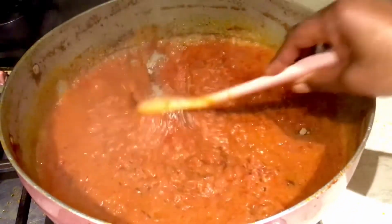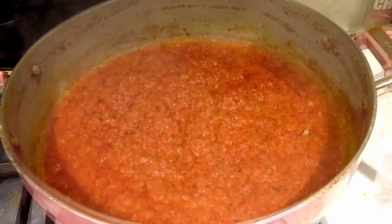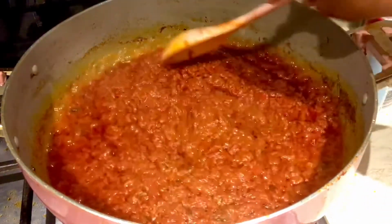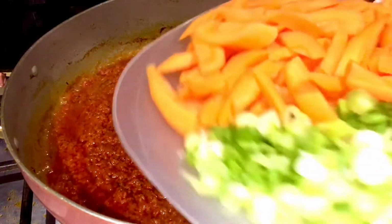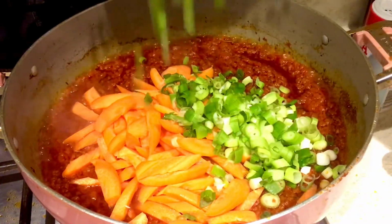I will let it simmer a little bit and then I'm going to add my vegetables. So I want to add just a bit of salt. I don't want to add a lot of salt because I'm adding the corned beef and there's a bit of salt in the corn. So I have some spring onions and some carrots, some green peas,